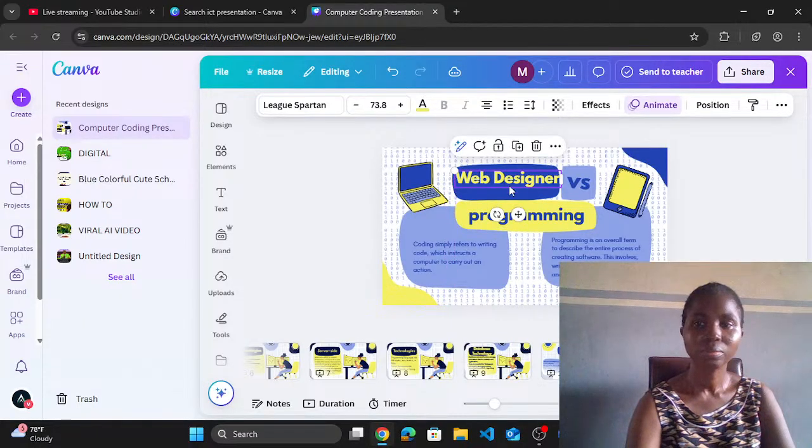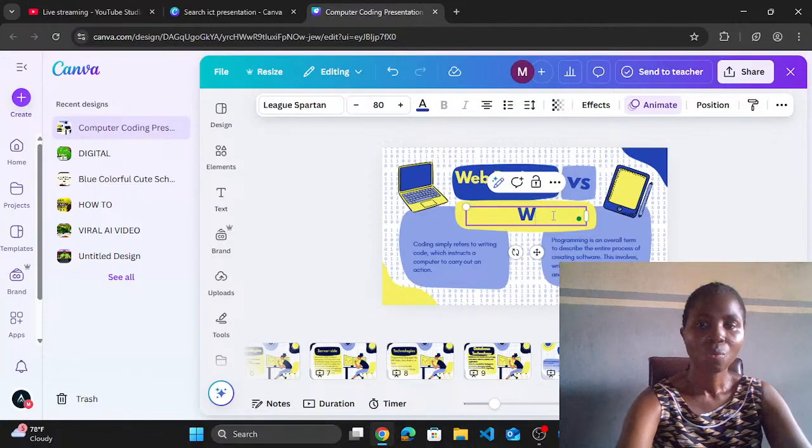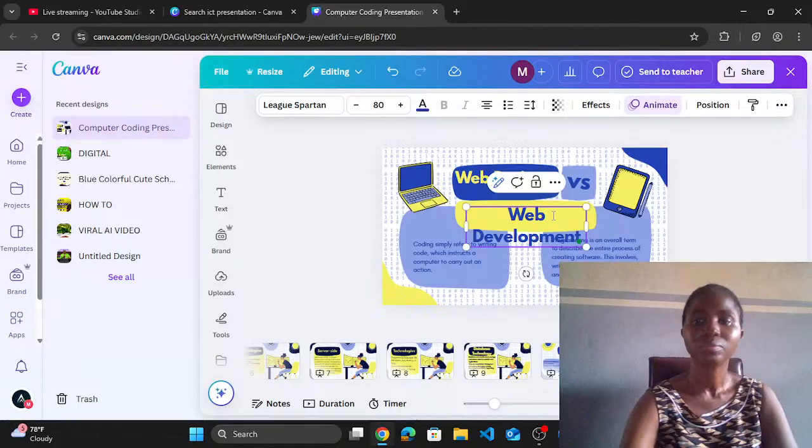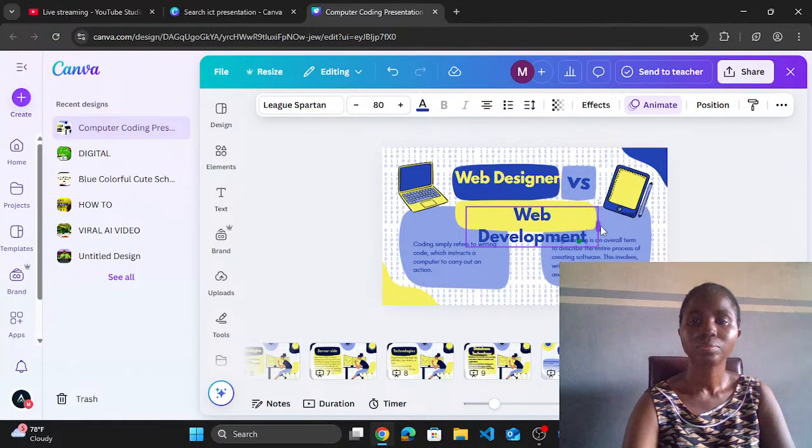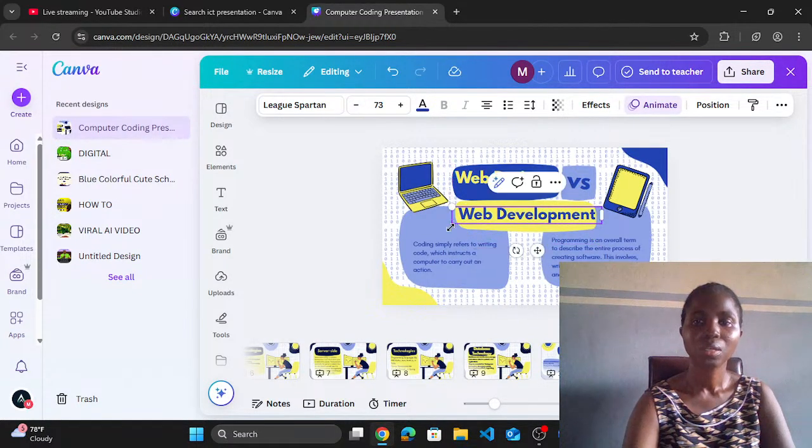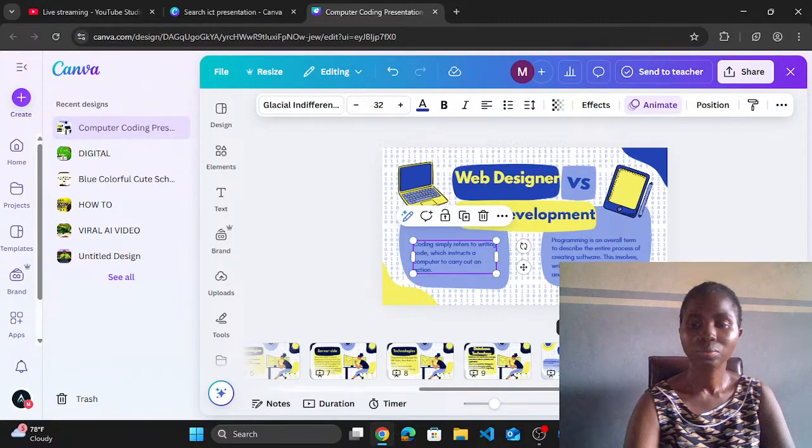Web designer versus web developer, or development. Okay, so let's